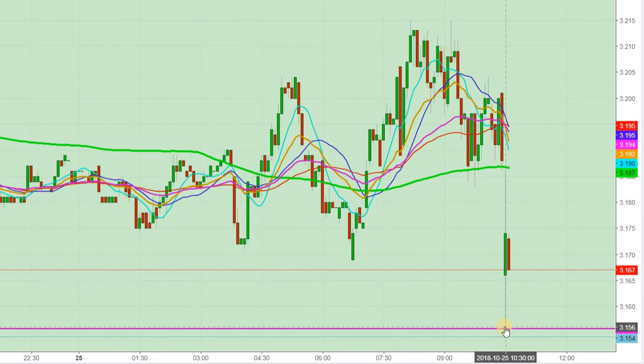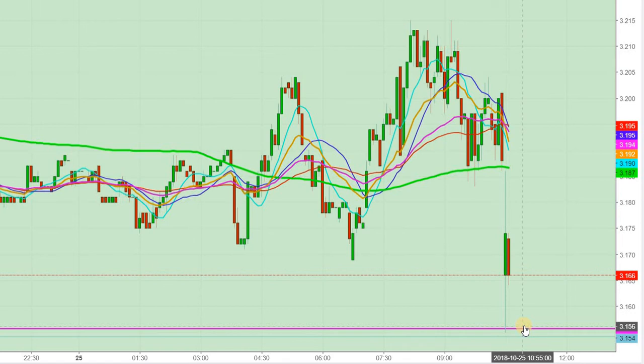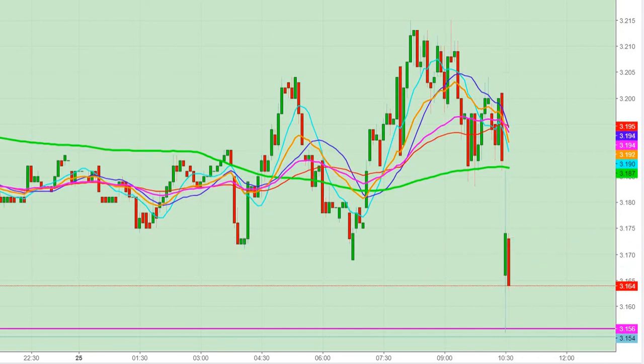$3.156. Friends, this is a 5-minute chart where we'll have to wait for a confirmation of this reactionary move, and we will have to see whether natural gas futures will sustain at the current level or will try to test this weekly support level at the level of $3.156. And I find that, as you can see in a 5-minute chart, a lot of buying was there from this supportive level, and since the announcement of natural gas inventory, natural gas futures are testing the levels of $3.156, which provides a good support on a downward move when the natural gas futures were trading at the level of